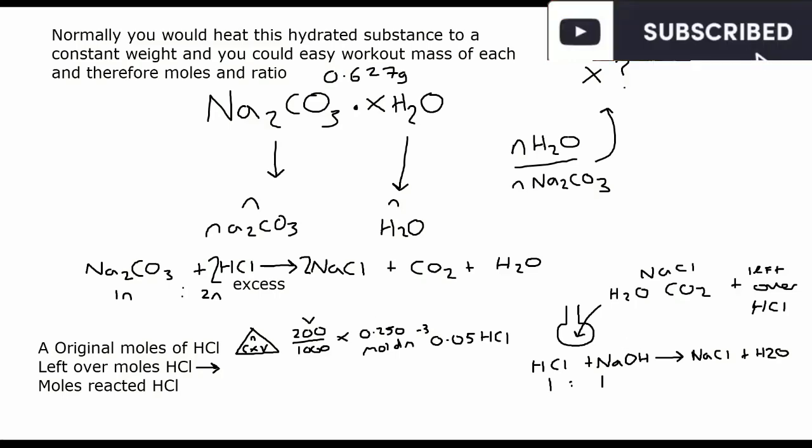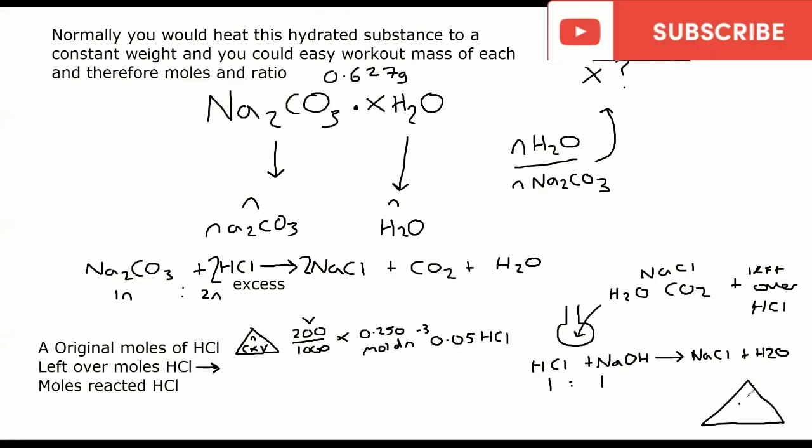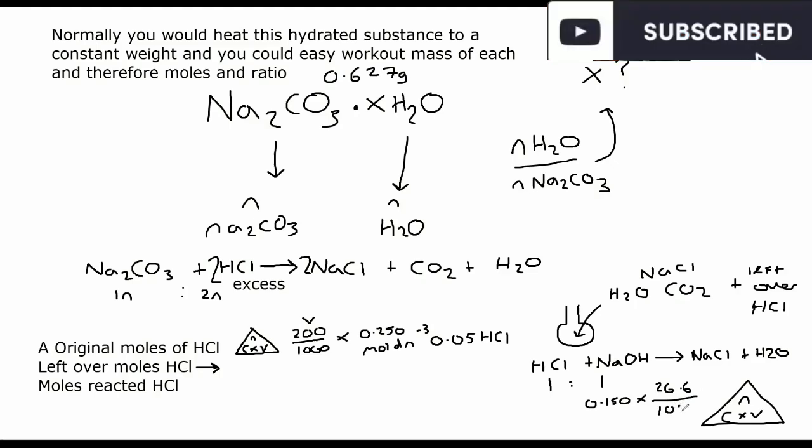So now we do moles equals concentration times volume. We know the sodium hydroxide had a 0.150 concentration from the stem of the question we just looked at. And the volume is 26.60 centimeter cubed. We divide by 1,000 to turn it into the correct decimeter volume. And we multiply C and V to get the moles, which is 3.99 times 10 to the minus 3. Now, that is a 1 to 1 reaction, which means we have 3.99 times 10 to the minus 3 moles